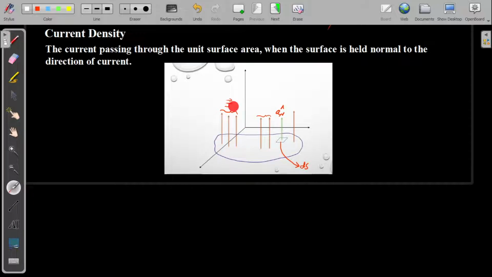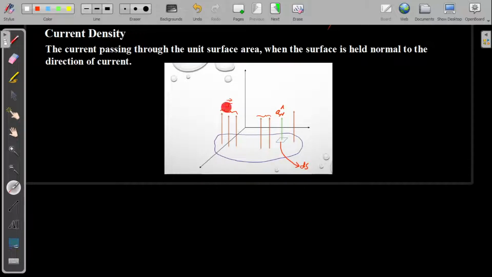And as you know, for mathematically expressing, I am going to consider a small surface area and the current passing through that small surface area only. So I call such current an increment of current, a small current. So the increment of current crossing an incremental surface normal to current density can be easily written from the definition of J.